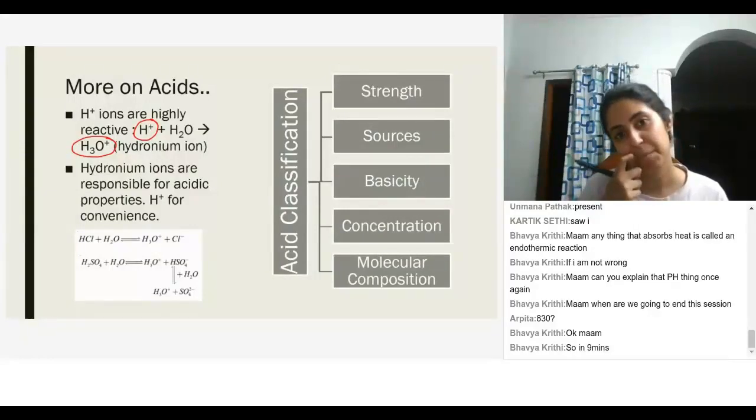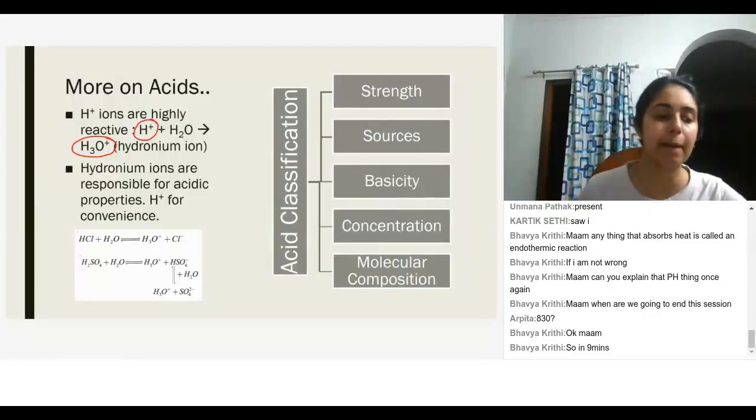Ma'am, so in that case, can you say that hydronium ion is like water with an isotopic thing? Isotope is just for a separate atom, right? For example, deuterium is an isotope of hydrogen. That has nothing to do with this. So then it's just one proton, right? Yes, that's just one proton.